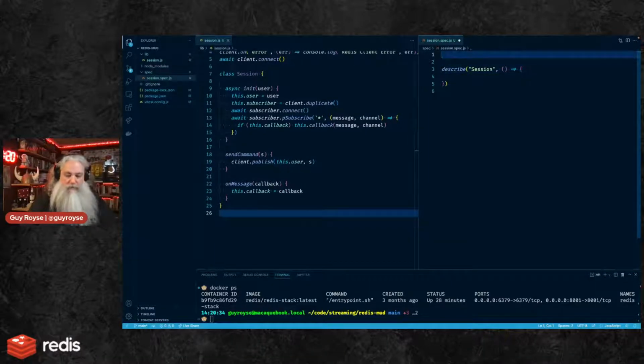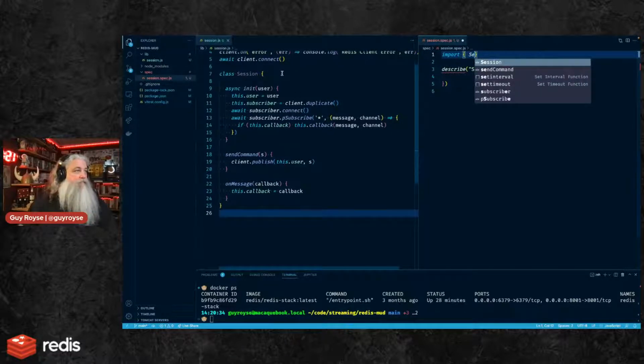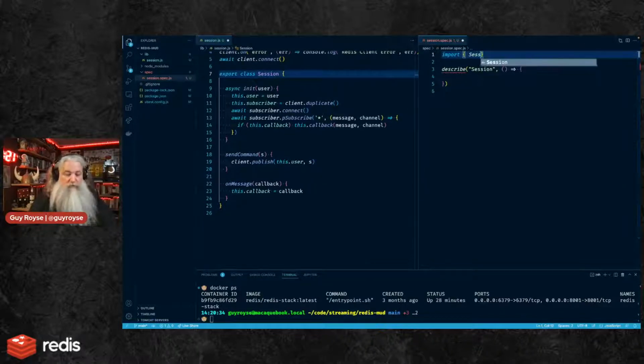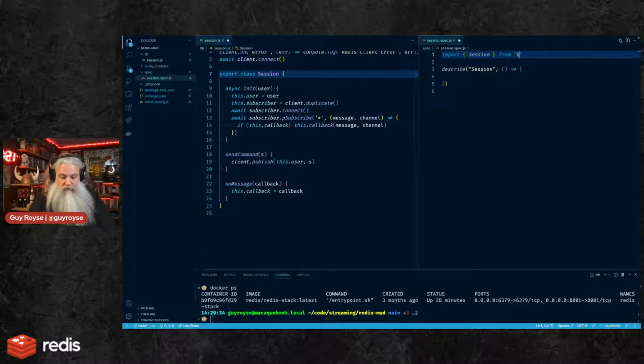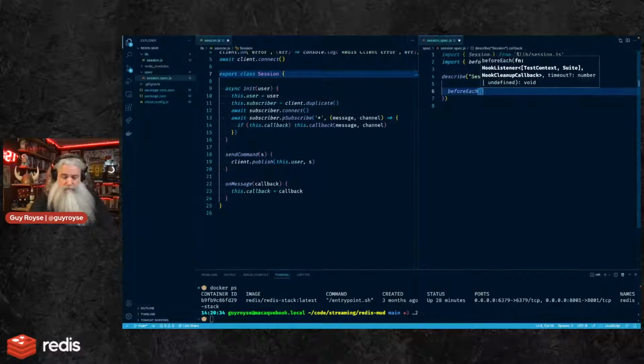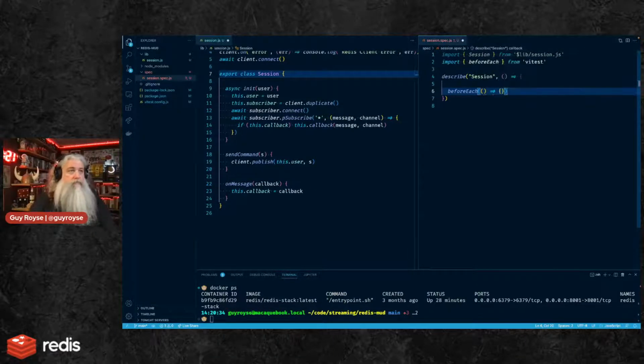I do need to import session from $lib/session. That works. And then here we'll say before each, create a new session.